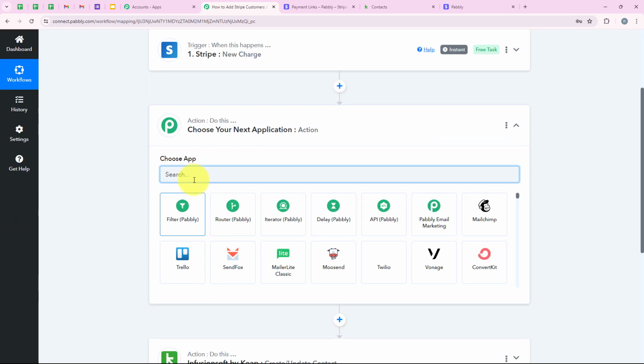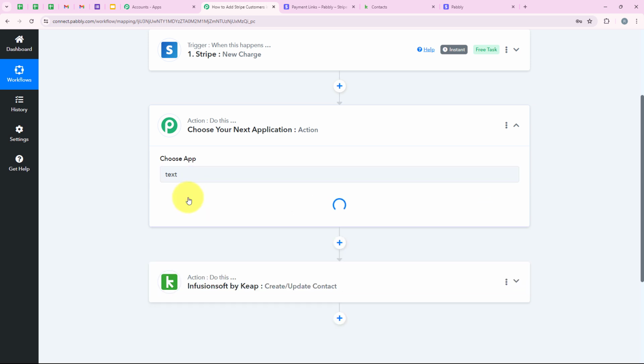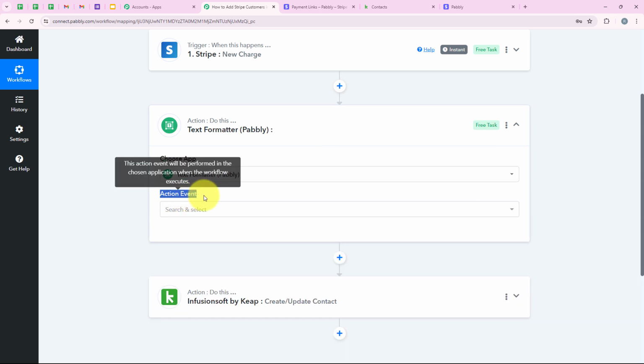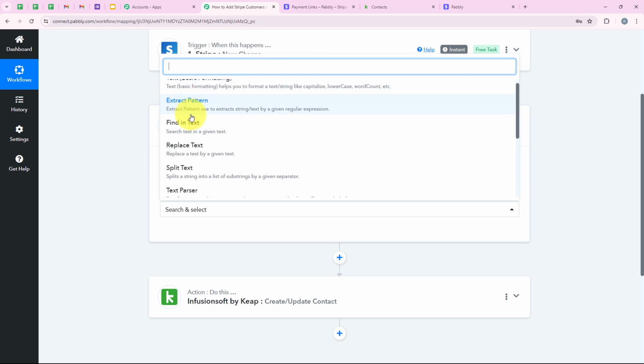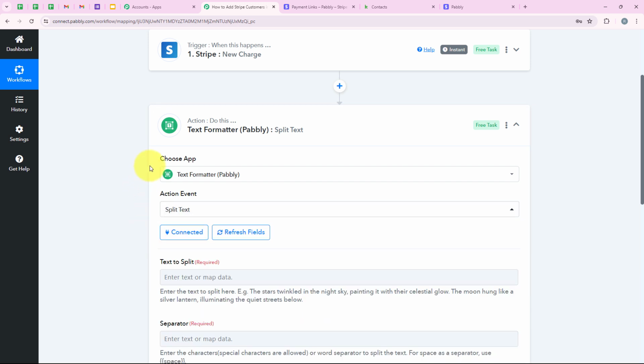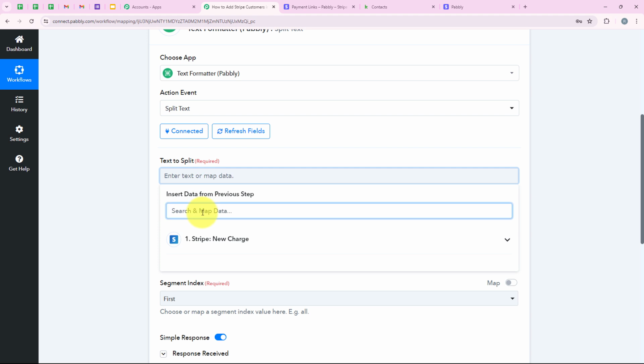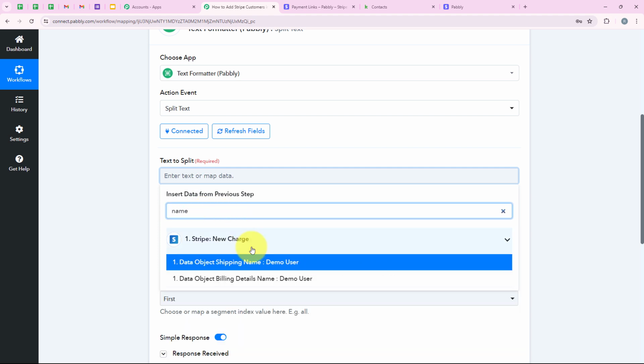For the action application, we are going to select text formatter by Pabbly. It is a feature by Pabbly which helps you to format the text. And now for the action event, we are going to select it as split text, because I want to split the full name into the first name and last name. And now we are going to click on connect, and again it is saying text to split. So we are going to map the full name right over here. So I'm going to search for it, and as you can see the same, so we are going to map